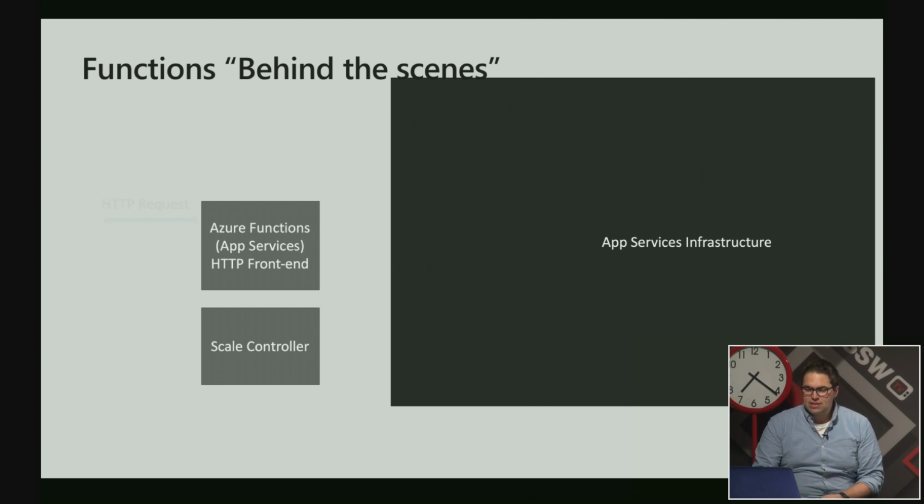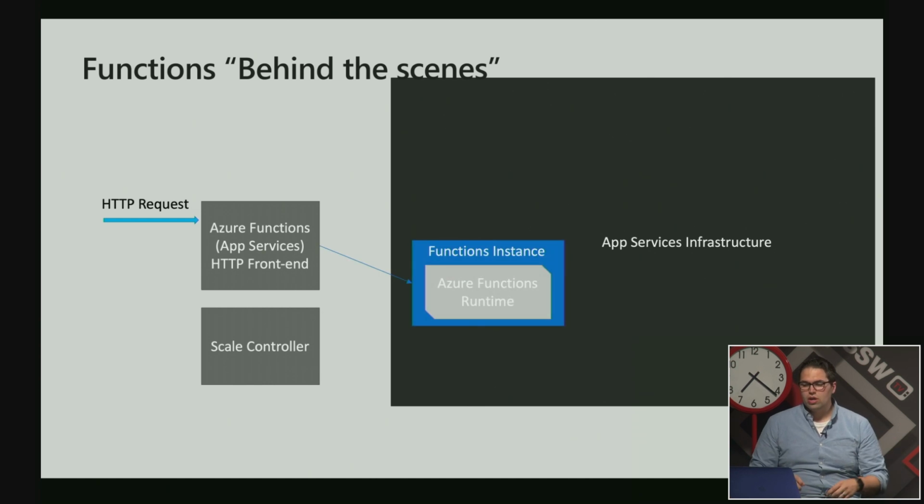So what happens is an HTTP request comes in. And the first thing that happens is the front end looks at its caches, and it looks around, and it says, hey, this is targeted towards Jeff's function. Do we have a server running Jeff's function on it already? And if the answer is no, like it is in this case right now, we hurry, we grab one of